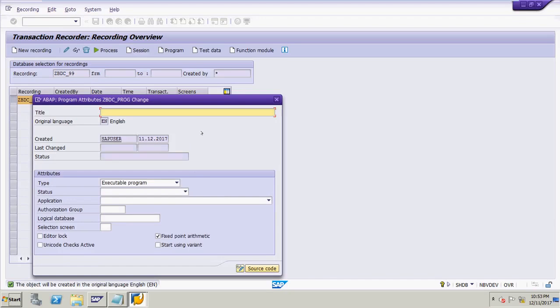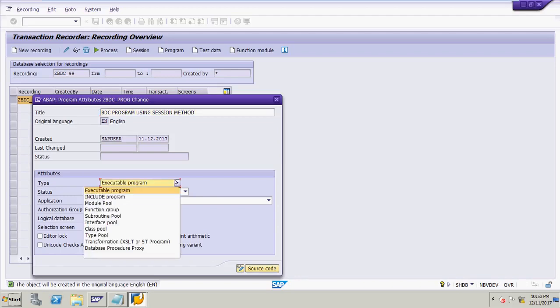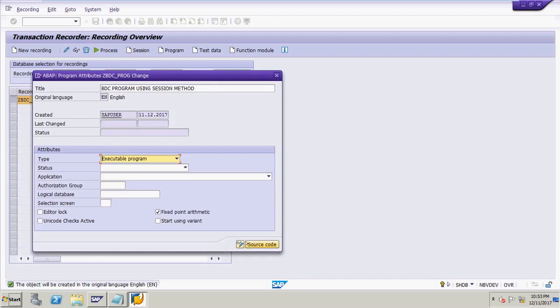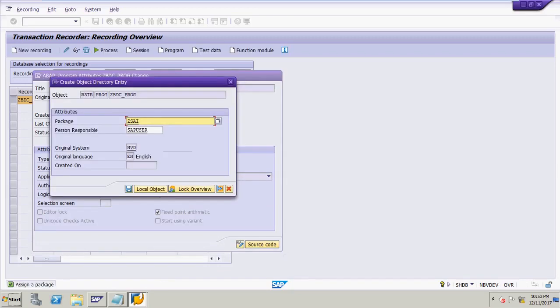Now give the title. I am going to write a BDC program using the session method. Select the type executable program, it is always an executable program, and click on the source code button and give the package name.